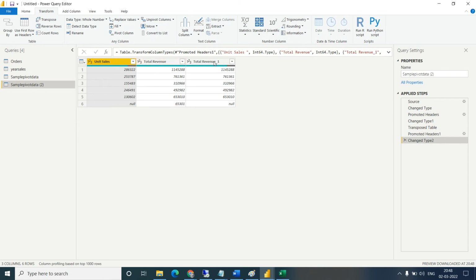See, total revenue I am getting 2 times. It means it is not removing the duplicate, it is not able to identify the duplicate or the unique value in transpose. But if you do the same thing in pivoting...